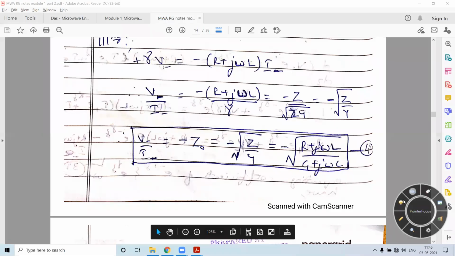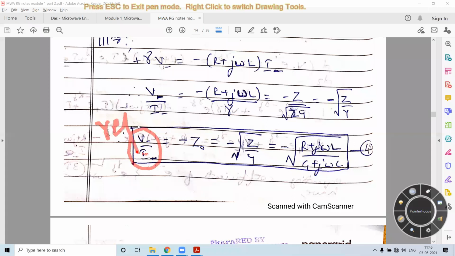Okay. So here we have V minus divided by I minus, which is related to the reflected parameters: reflected voltage divided by reflected current. So this also gives me the intrinsic impedance, but we have a negative sign over here. This basically tells us that if I look from the generator point of view, say here I have a generator and here I have a load, then looking from this end, for incident I am viewing it as plus Z naught, but for reflected, I am viewing it as minus Z naught. So the minus symbol indicates that.